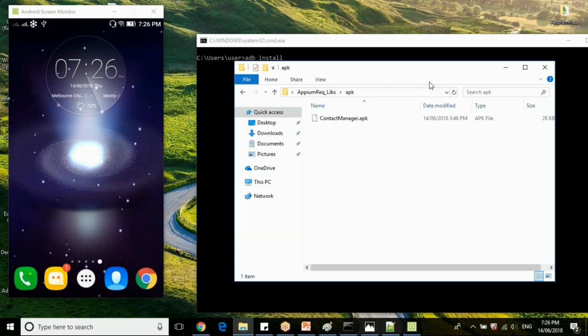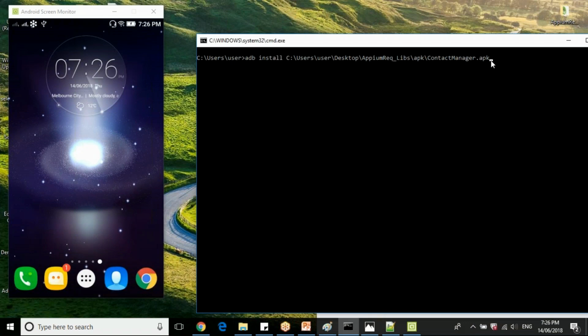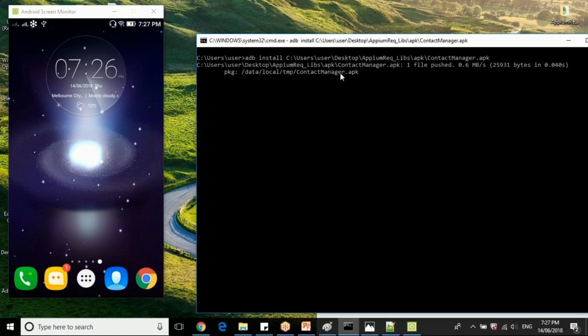Clear? ADB install, and what is the file path for your application? Then just fire this command. It will try to push this one and give you a message. If it is a success, it is installed. If you have already installed it and try to install again, it will throw a failed error saying install failed, already installed before.